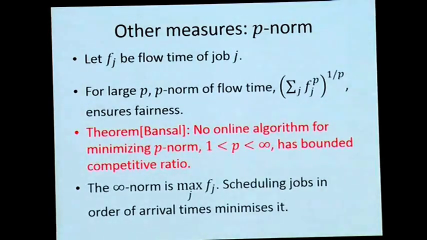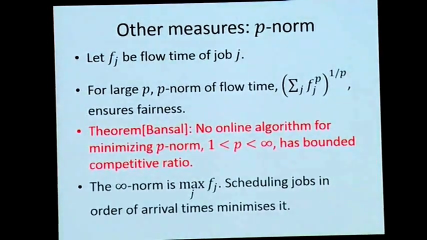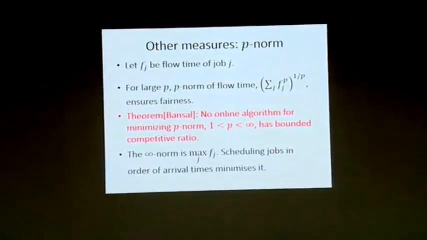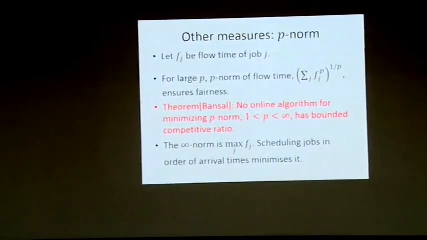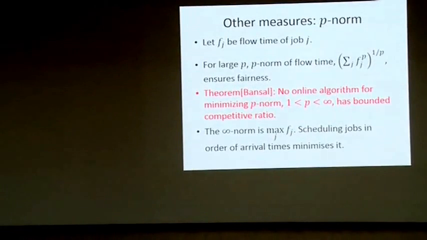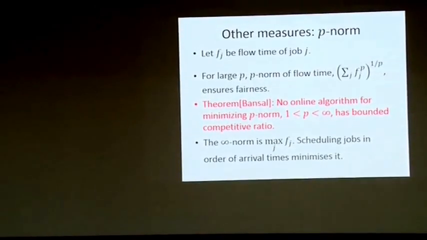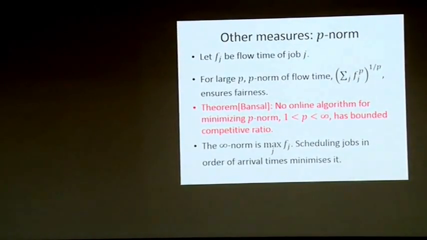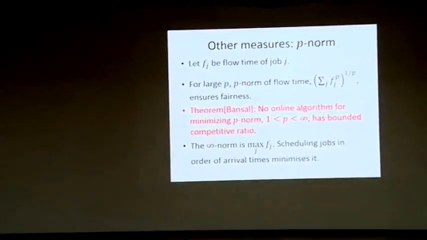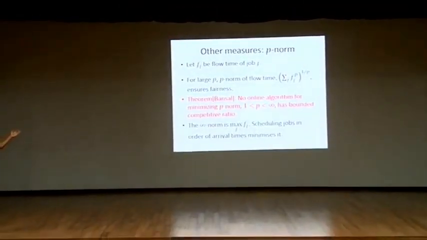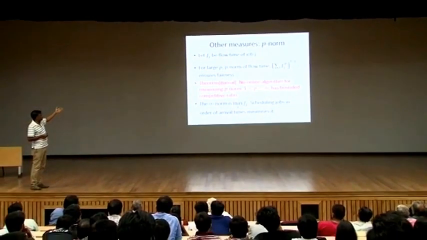But if I want fairness, I should not just look at the one norm by just taking the sum. I'm looking at the one norm of this vector. I should look at higher norms. I should look at 2 norms. If I had done a 2 norm there, I would not get the problem. Blue will be served very quickly, in fact. Right? So it makes sense to look at higher norms.